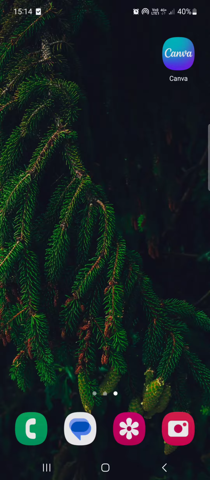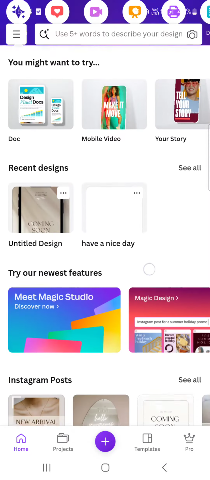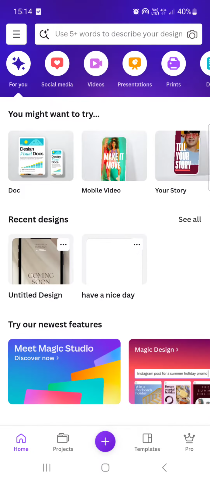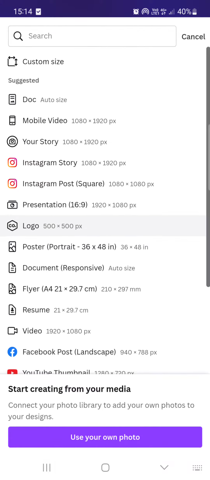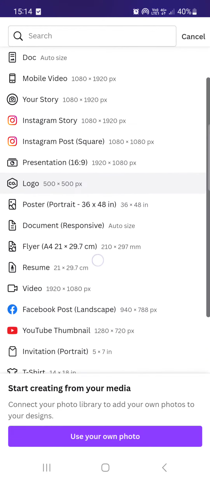So without further ado, let's just jump right into it. First you have to open up the Canva app, and here it opens up in the home menu, and in the bottom bar we find the plus icon. If we tap on this, then we get a list of different kinds of formats and different kinds of things